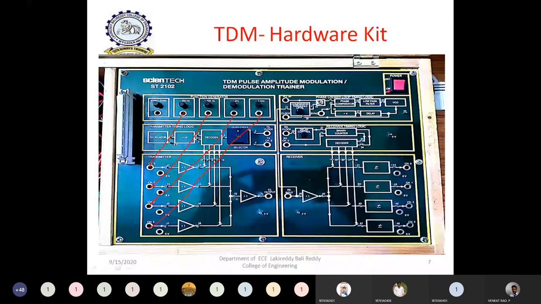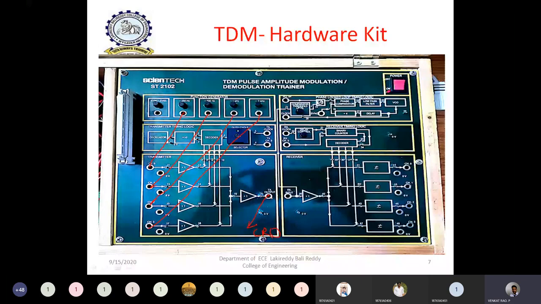each and every signal. Now, after passing this signal to this particular block, in this block the time division multiplexing is done. Then if you observe the final output in the CRO, you can observe the mixing of these four signals after the sampling process. The total time division multiplexing output is obtained at this particular point. We will see what the output will be later.